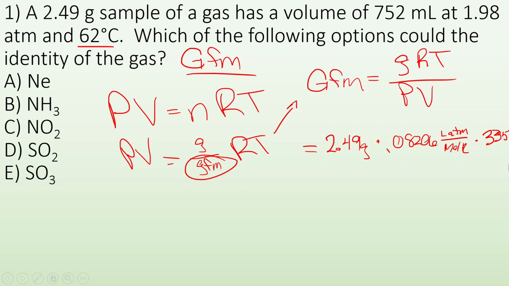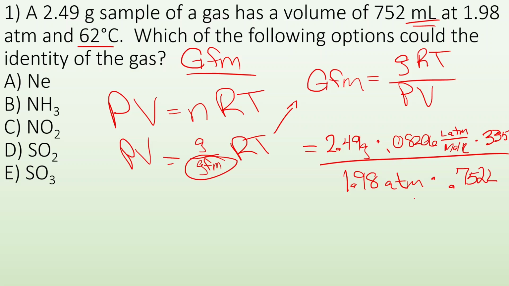Then divide by the pressure times the volume. The pressure is 1.98 atmospheres, and the volume is 752 milliliters, but I have to convert that to liters, so it's 0.752 liters. When I plug and chug, I end up with 45.97 grams per